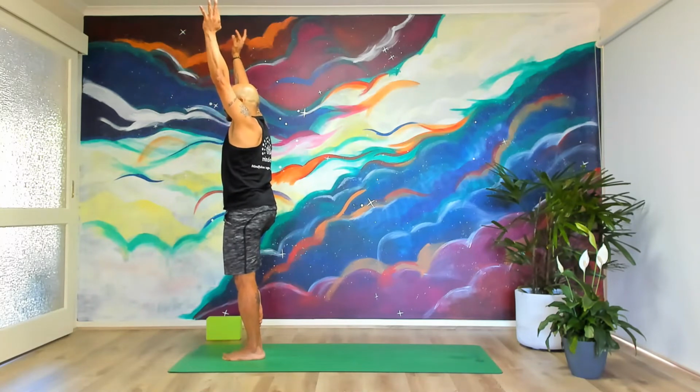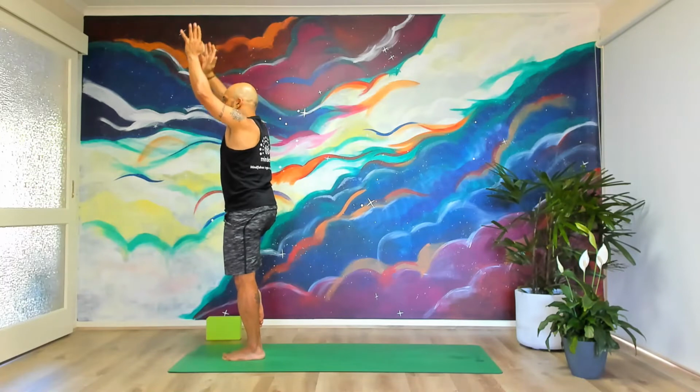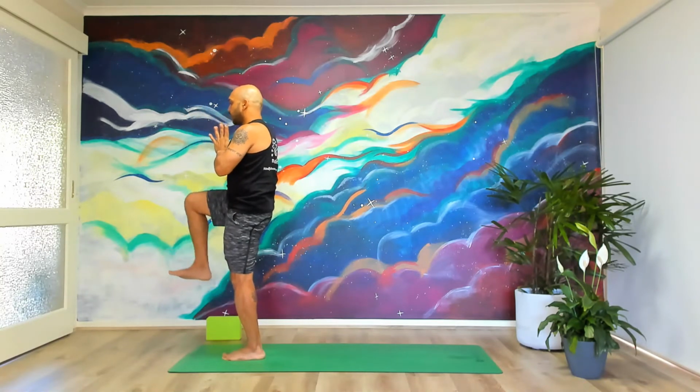Index fingers touch the thumbs. Gaze at one spot on the floor or straight ahead. 2 more breaths here. Wherever you are, bring the hands to heart center, pull the right knee into the chest, and then slowly pendulum